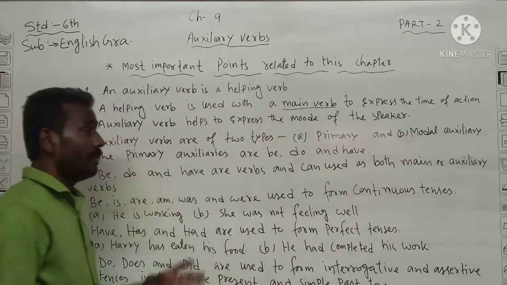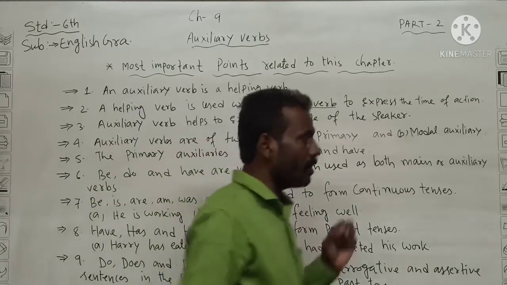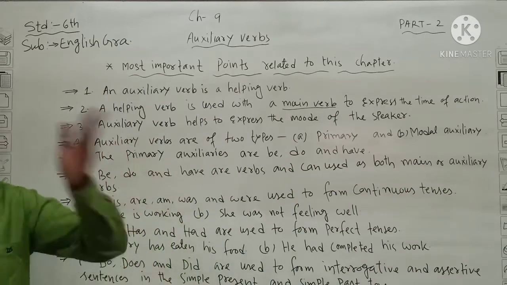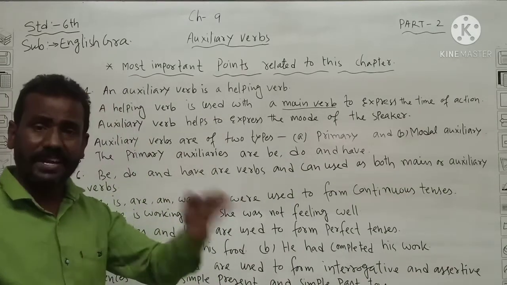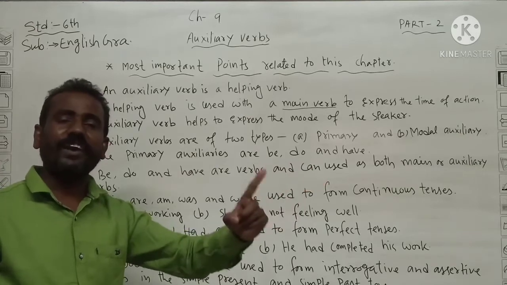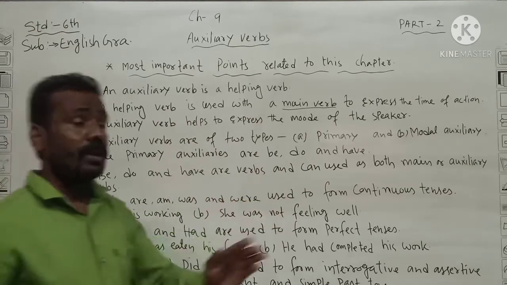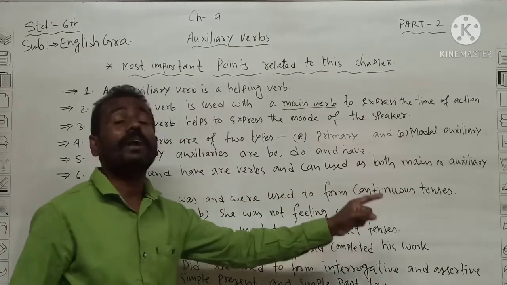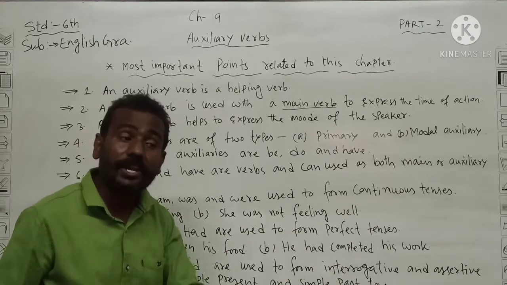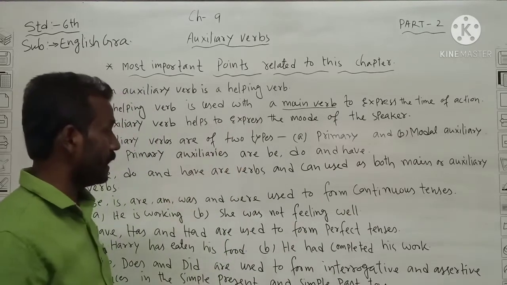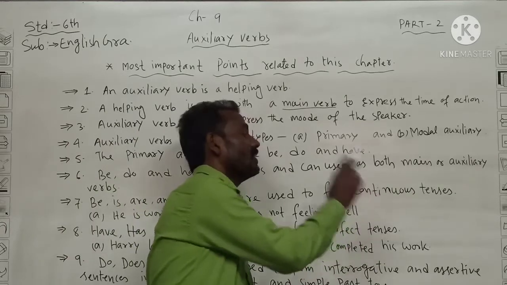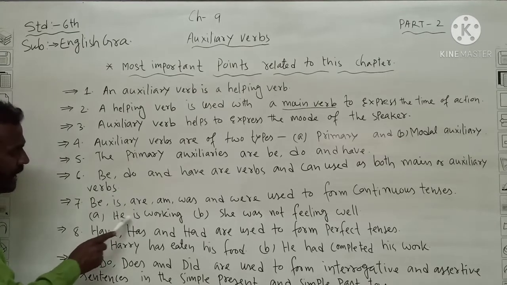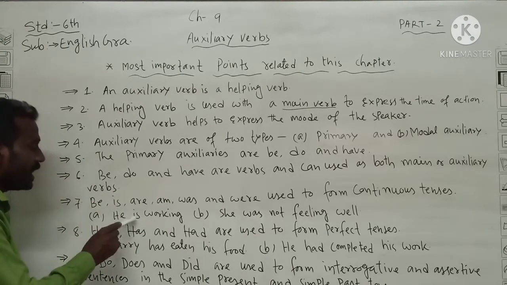Continuous tense is what? Another name of continuous is imperfect tense also. Imperfect, why? Because it continues, it is going on, not the end of the sentence. Perfect is called perfect because the work is completed. But in imperfect or continuous it is the same: the work that keeps going on continuously is called continuous tense. I have already given an example. Follow here: He is working. He is working.